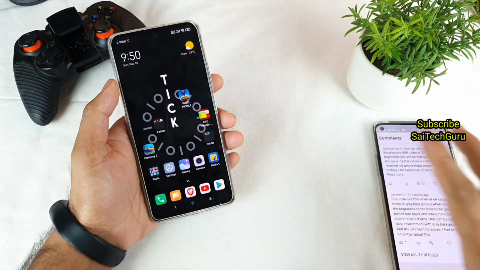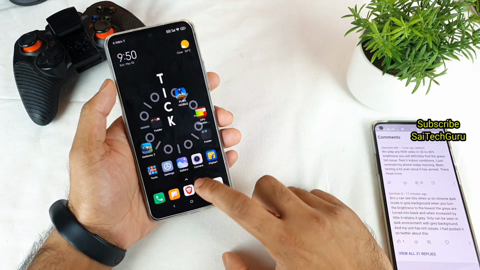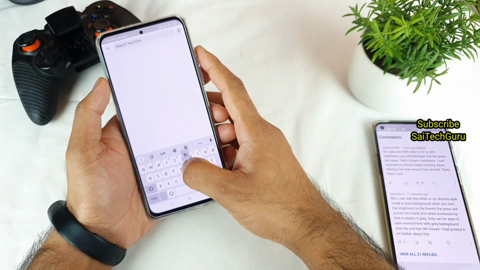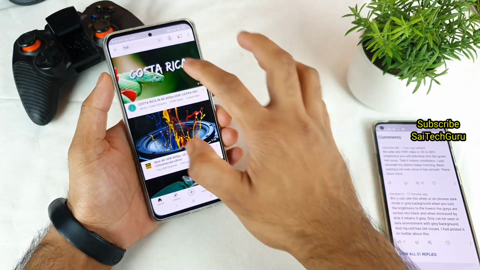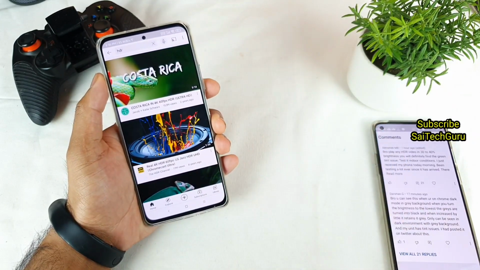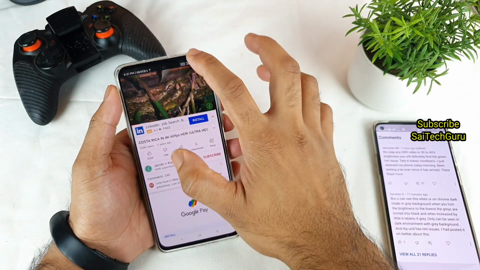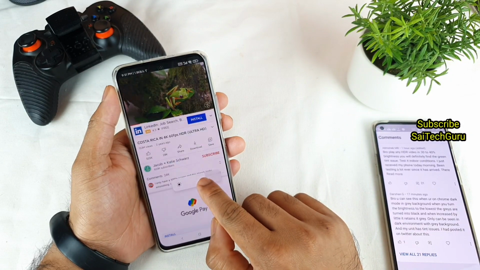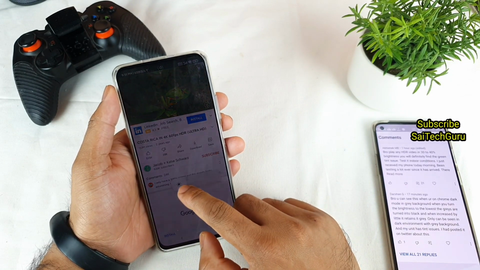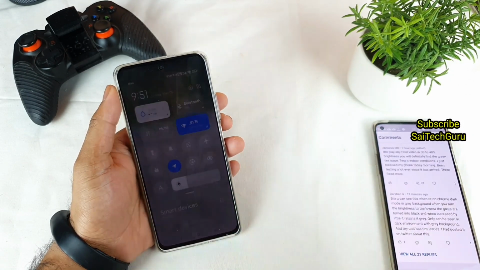So let's see what's happening in this particular model. Let me open the YouTube application and type HDR videos directly so I can get the list of HDR videos which are already there. As you can see, I'll play one of the HDR videos. Here is an HDR video which I'm playing, and right now the brightness is at 70%. Let me decrease the brightness and turn off the lights as well, so you will get to know what the results are.